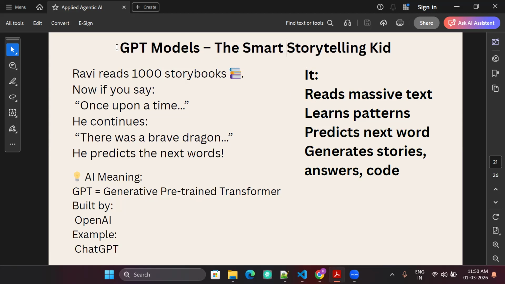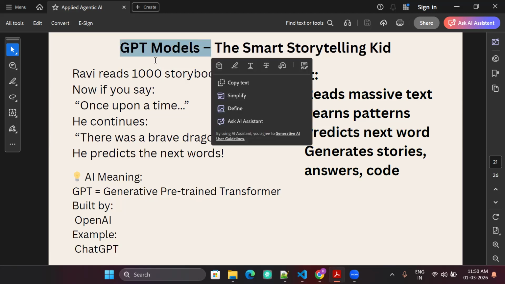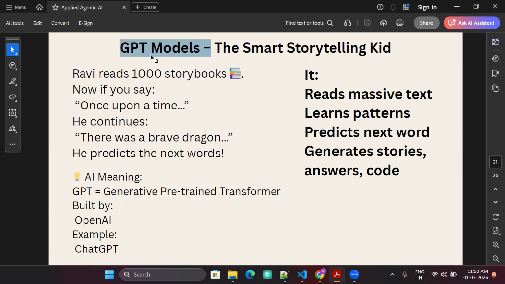So with these models, you can also create your own GPT models, small ones for a specific purpose. Let's say you can create a model that would only tell you stories. You train it with 20,000, 40,000 stories, and then you use that model for generating new stories. Or maybe you can create a startup where you say I will train a small model, not a big one, so that I don't have to invest too much cost in training it, and also when calling it while deploying on the server.